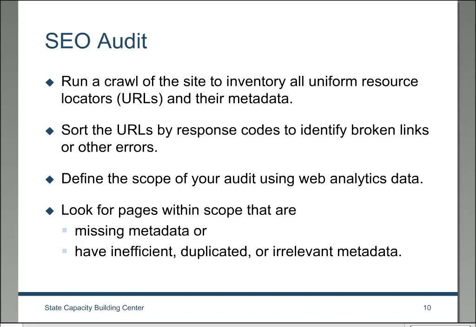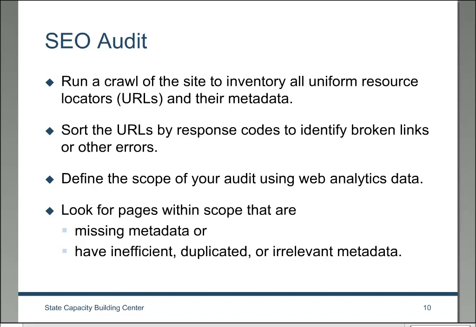So once you've run this crawl and you have a listing, essentially a spreadsheet of all of these pieces, you then want to sort the different pages or URLs by response codes. Response codes are a name for the type of code that a website has associated with it if there's an error. These are error response codes that can help you identify different things. So if you've ever landed on a web page that doesn't load and has a broken link, you may have actually seen the number 404 pop up. Sometimes people's broken link pages will actually say 404. So that's the response code. That 404 is an example of a response code for a broken link.